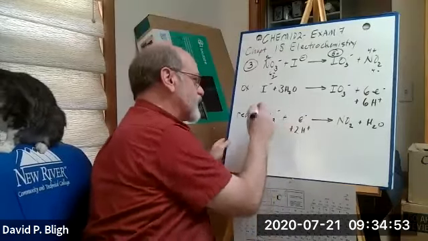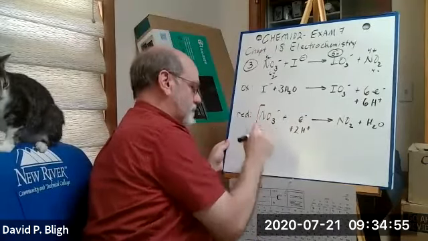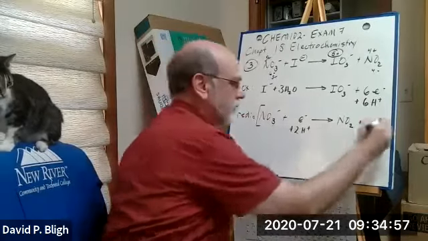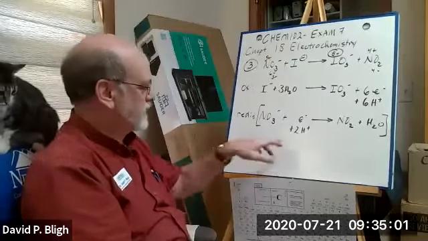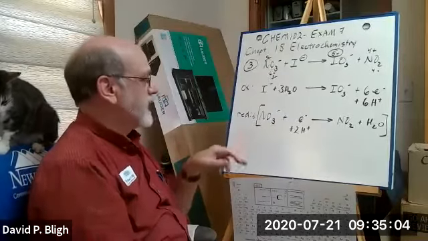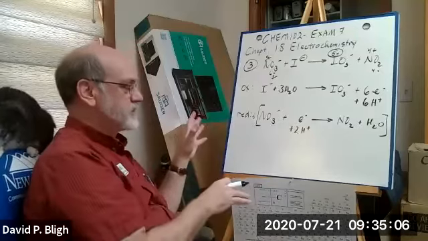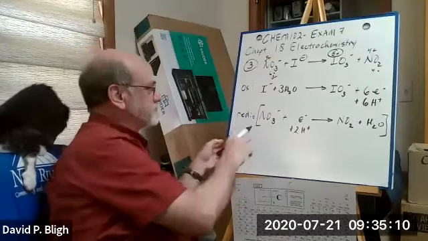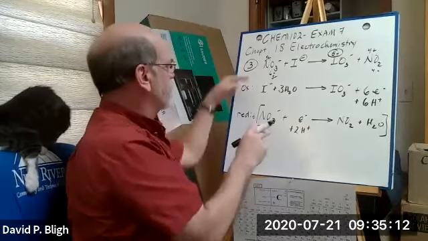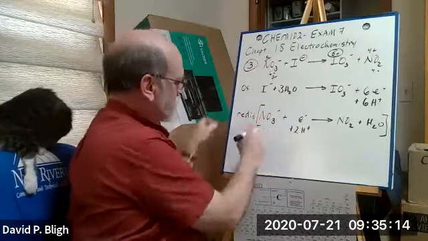We need 6 here. Just multiply the whole thing through by 6. That gives you 6 electrons. And then you combine your equations and cancel terms. So we've got, let's put them in this order. So we'll start down here with